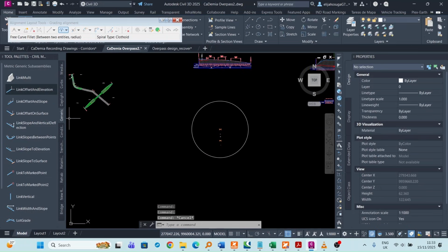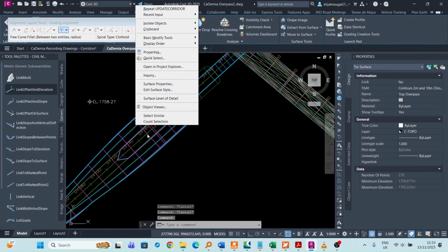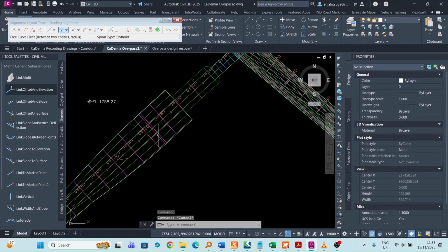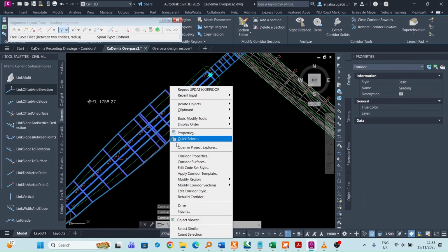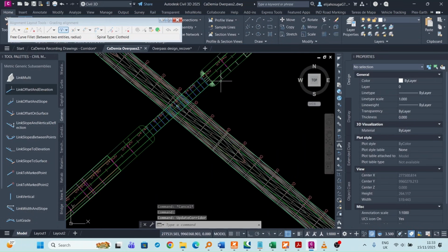And now we can rebuild this corridor. So I've selected the surface, I want the corridor. So I can right click and go to rebuild corridor. And there we have it. We have a uniform